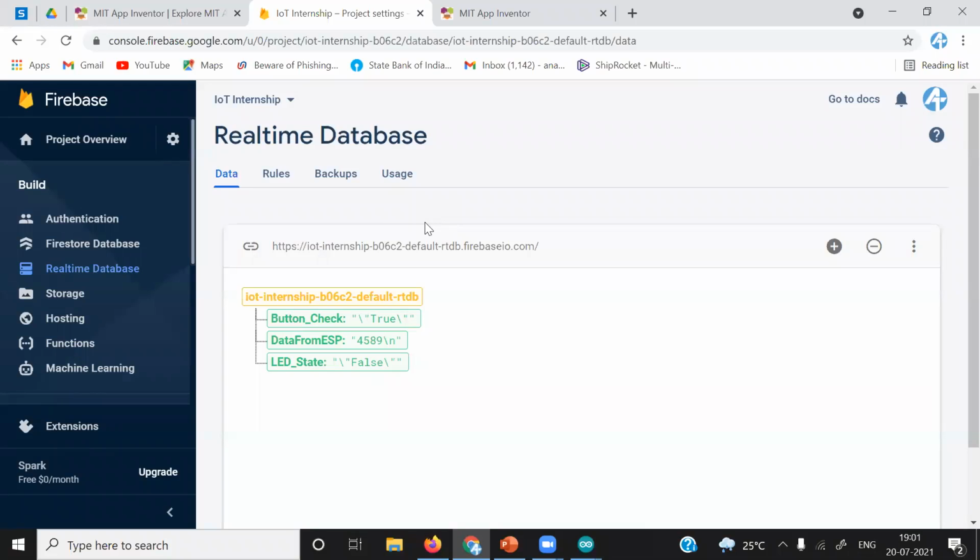Thank you. So before ending today's session, we will check what we are going to do tomorrow onwards. From tomorrow onwards, we are going to start with Android Studio because we have completed the part from MIT App Inventor. We created, we exchanged data with Firebase, we sent and received data, and we observed all the operations in real time. The same things we are going to do in Android Studio. We are going to make the user interface and write the backend in Java. We are not going to use the Kotlin language. So tomorrow we are going to do that.